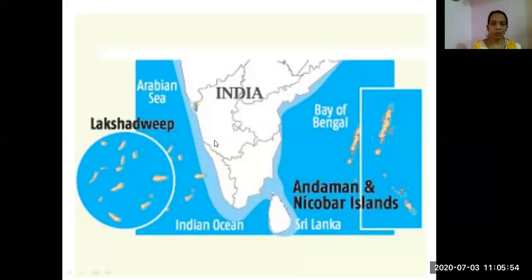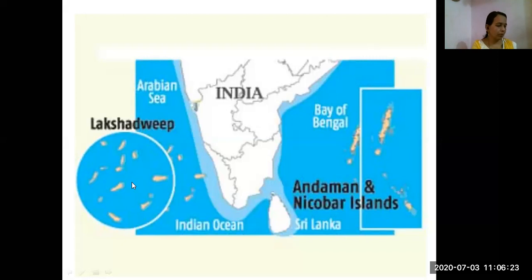Lakshadweep Islands are close to Kerala, to the Malabar coast. We have seen in the earlier part which coast is called the Malabar coast. The group of islands is composed of small coral islands. What is coral? This term I will explain separately. Maybe the term is given in your book also.